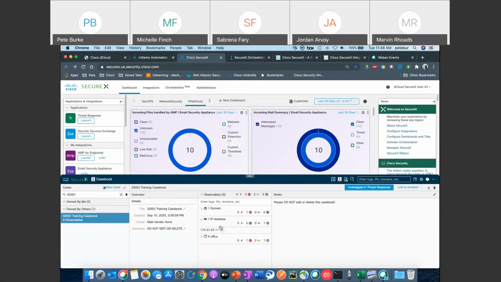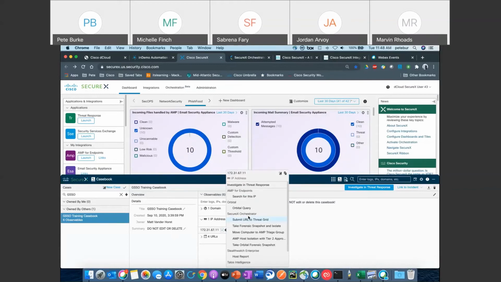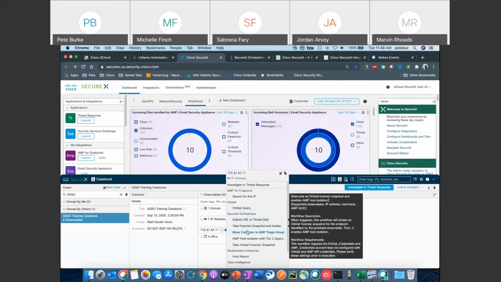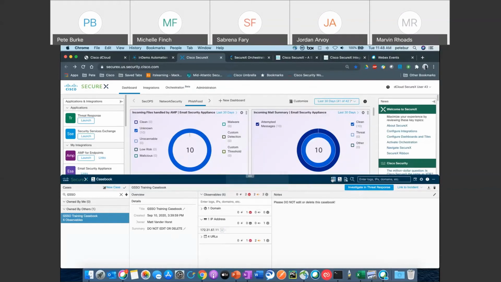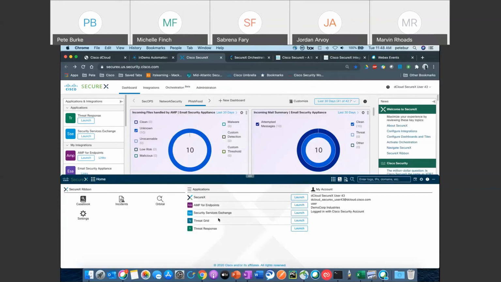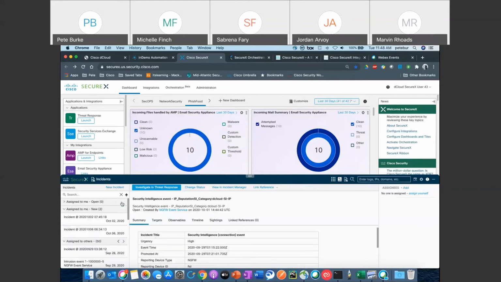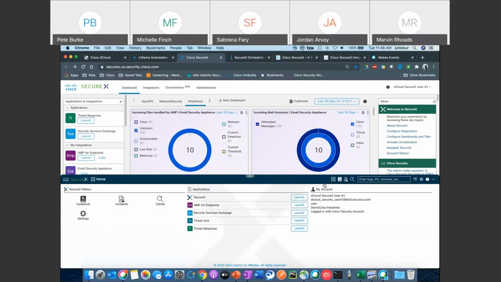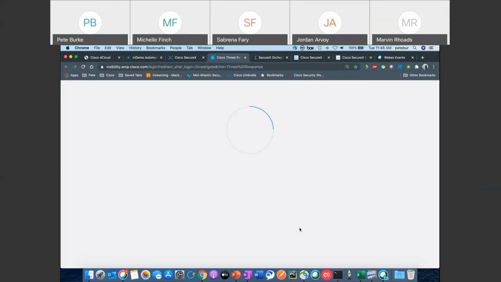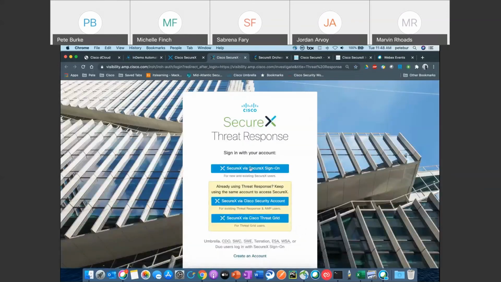You could pivot within here to some of the other solutions, whether it's Threat Response or SecureX, or it works very similar to what you're familiar with if you're familiar with CTR, and then being able to look at incidents again directly, respond to anything, or if you want to pivot into